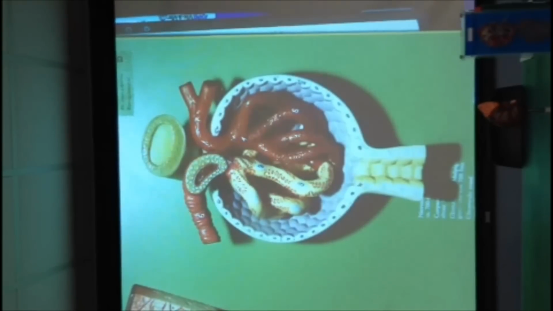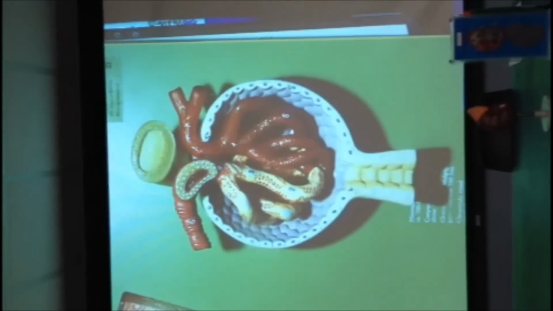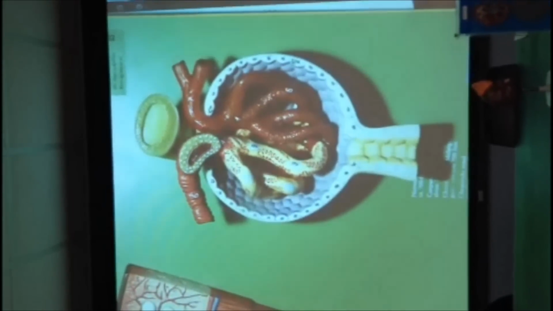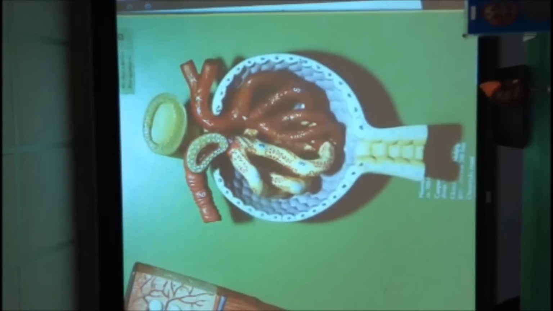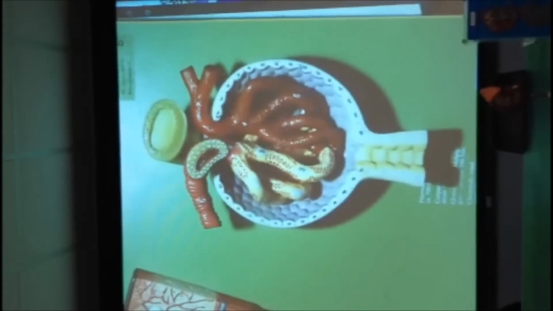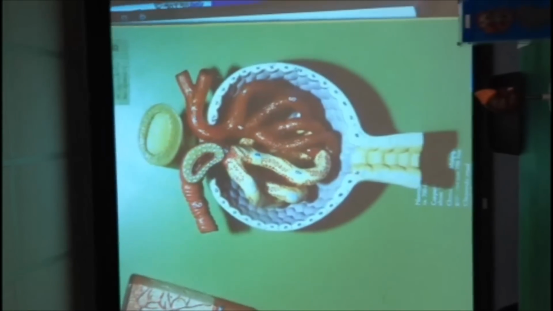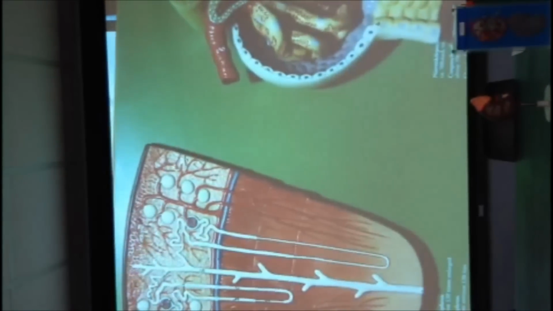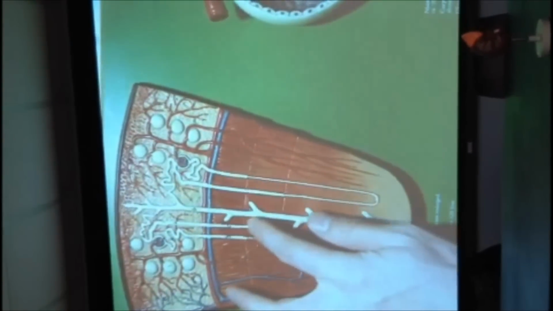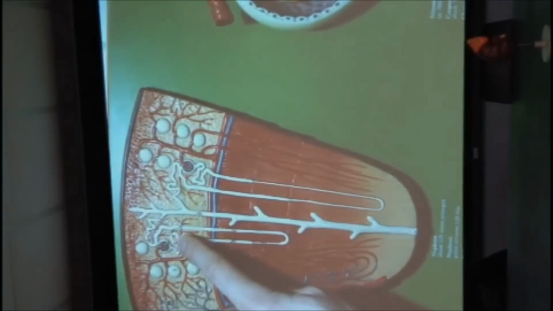Like I said, it's going to take a little bit of hands-on work and getting used to where everything is, but if you think about the process of urine formation, it starts with the filtration of blood. Then you have absorption, and secretion. That's the other function that occurs in this nephron loop. I didn't talk about that much because it's more of a physiology thing, but you have reabsorption of nutrients